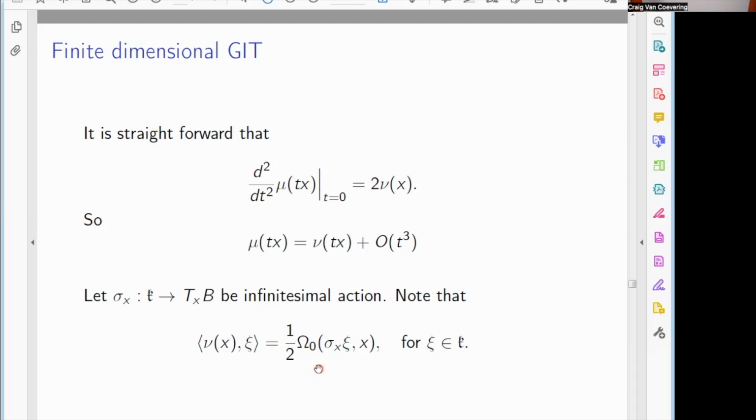Because our perturbed slice isn't holomorphic, we only have an approximation here, but it's close enough to prove